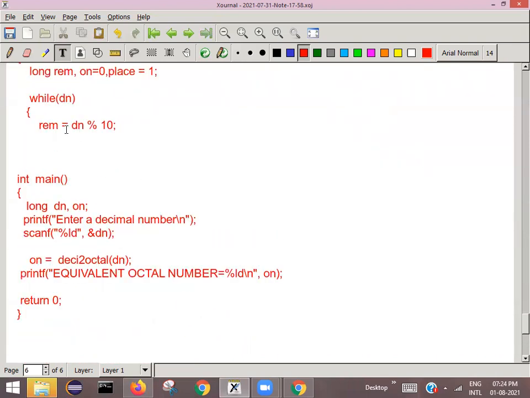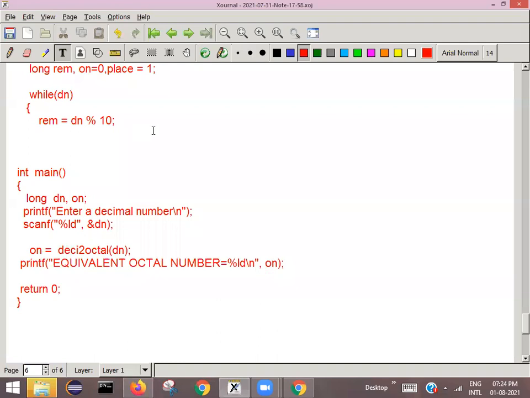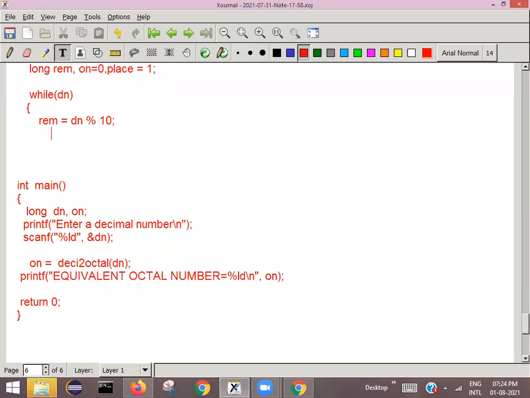So I'm writing that statement here. I could write ON plus equal to. Can I write like this? Yes, we can write. Or it is ON is equal to ON plus reminder into place value.